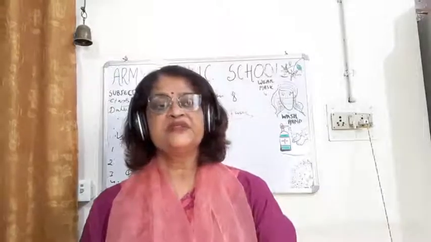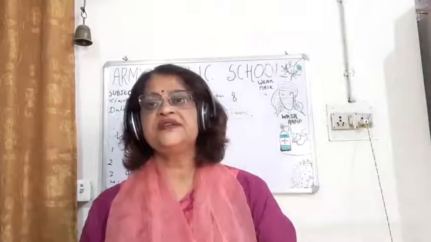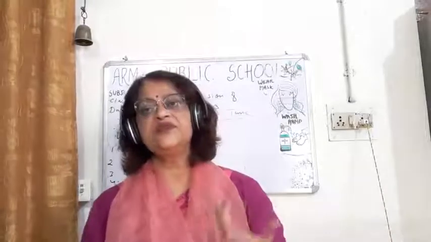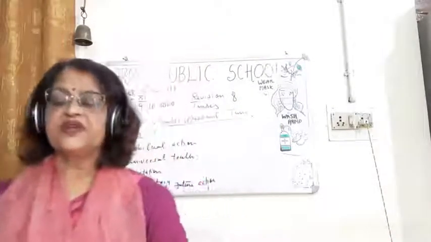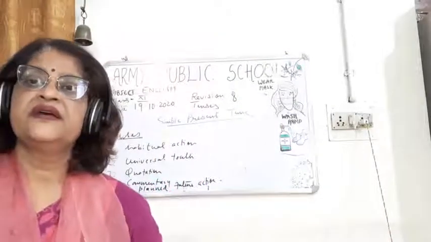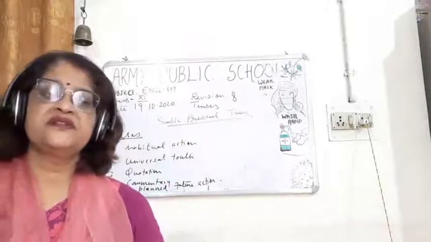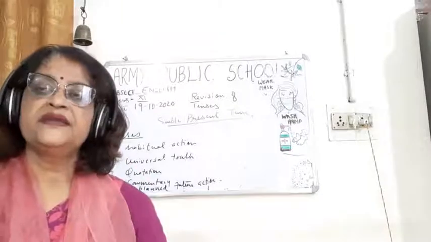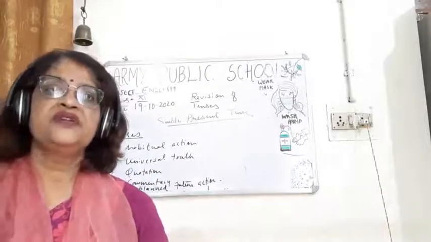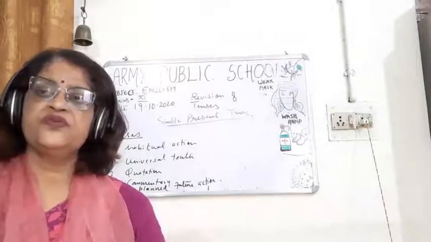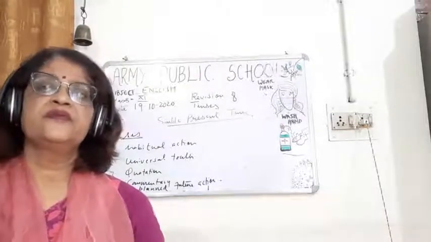Third person singular is he, she, it, any name, it can be your name also, or any singular thing. And third person plural is children or men, or they or them. So many things are there. And remember that